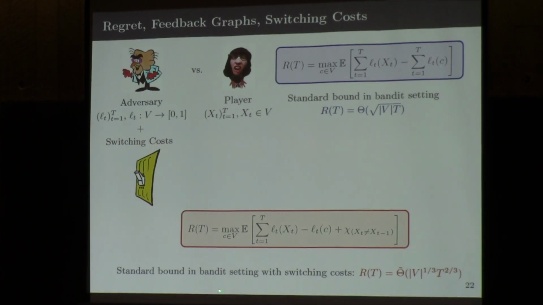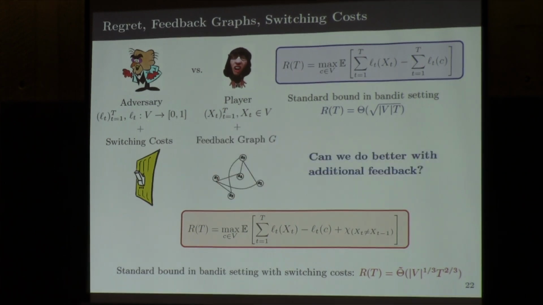And based on the discussion that we had, because the regret with switching cost is equivalent to policy regret, the minimax bound on the regret here is V to the 1/3 T to the 2/3. And there's a big gap here. In the completely bandit setting, we get square root of VT. And in the bandit setting where we have switching cost, we get V to the 1/3 and T to the 2/3. And the question we want to understand is, can we bridge these two regimes? Of course, without assuming anything else, because these are minimax regret bounds.